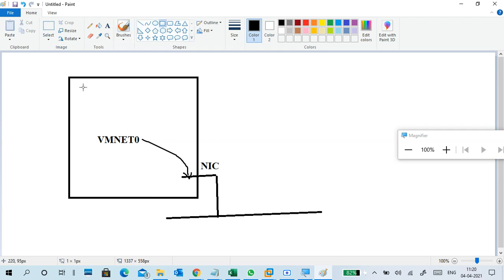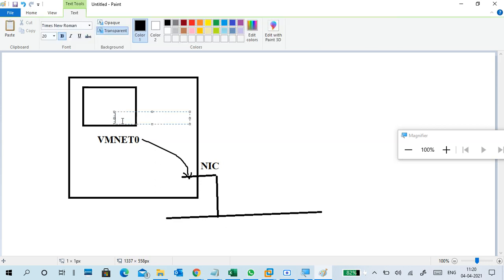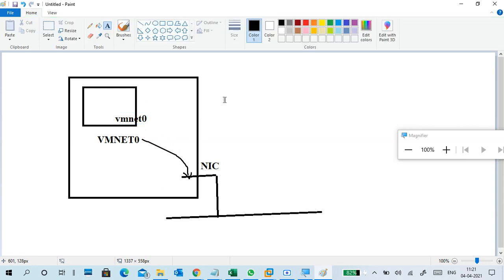So when you create a VM, and in the VM you say your network connection is VMNet 0, it means VMNet 0 is bridged to your NIC. I will show you how to create a virtual machine anyway. This virtual machine can access the external network, not only the inside of your physical machine or virtual to virtual machine.